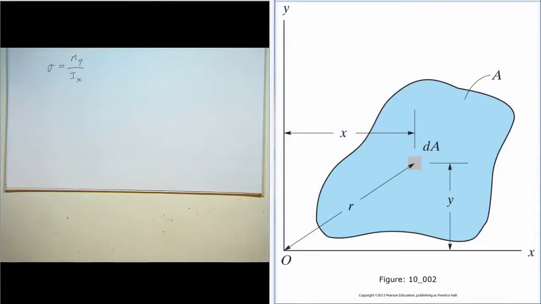The final topic that we'll cover is moments of inertia. What are moments of inertia used for? Principally, in structural engineering, moments of inertia are used when determining the stress in a bending member. And that's determined by the equation